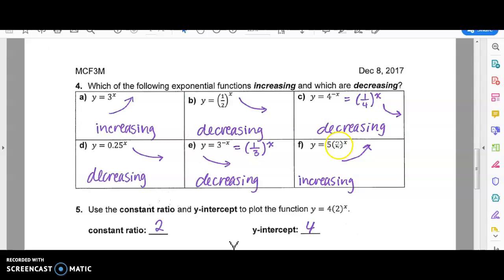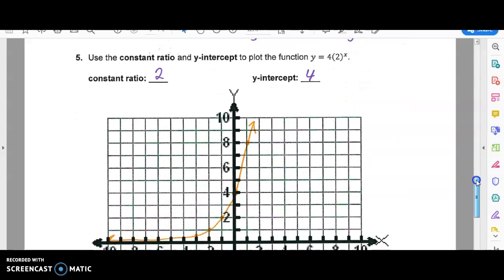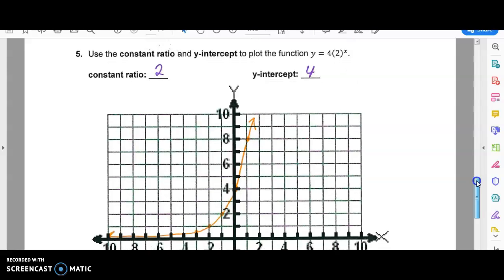And the base here is 2, which is still larger than 1. We don't care about the 5 here in this case. As long as this number is larger than 1, the base, then it is increasing. Okay. And the last bit here, number 5, use the constant ratio and the y-intercept to plot the function y